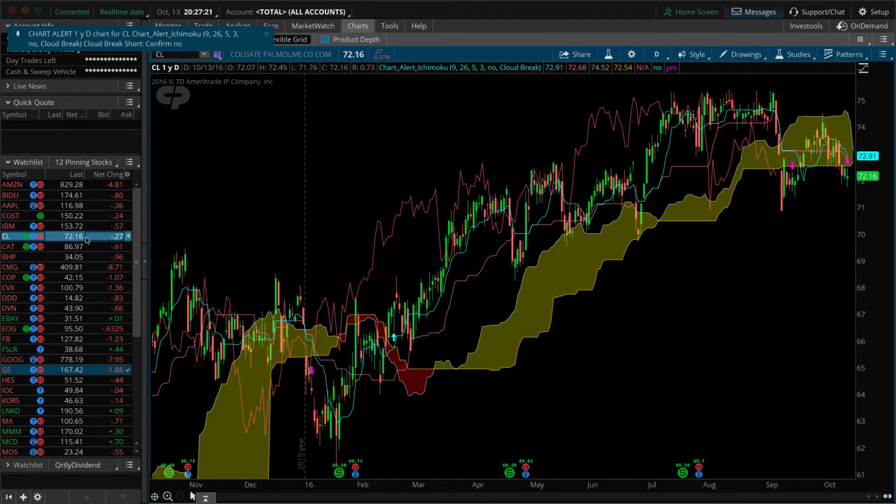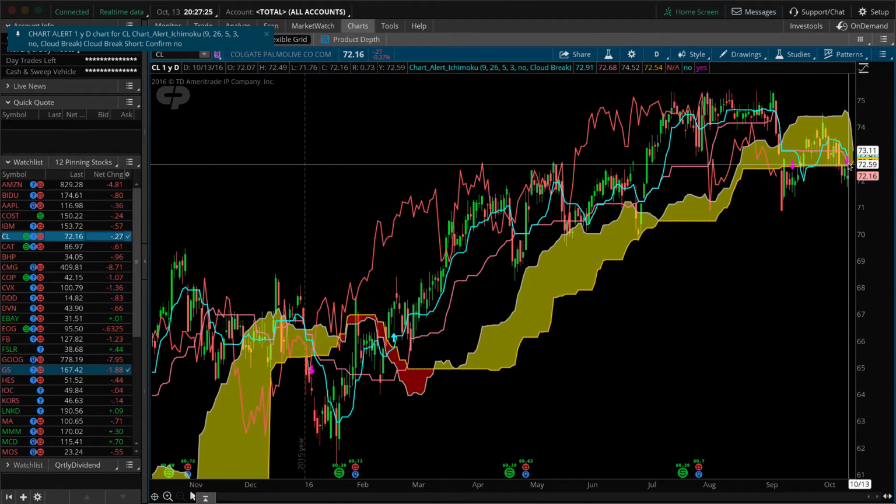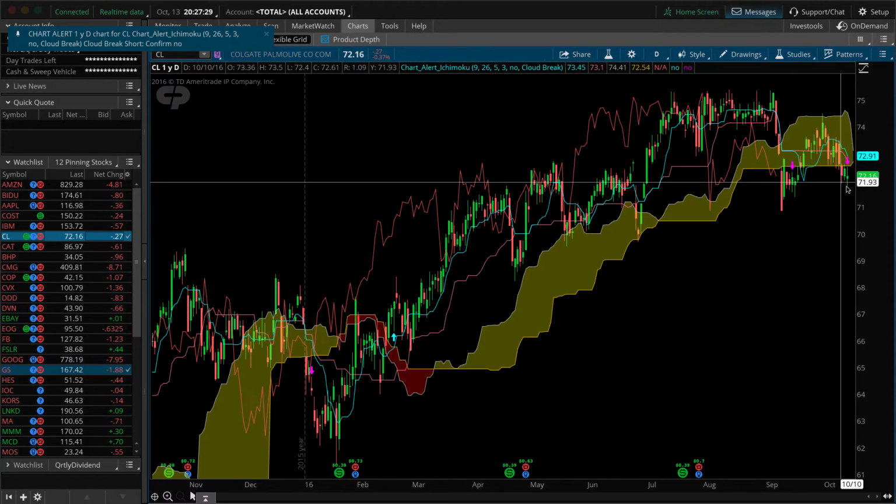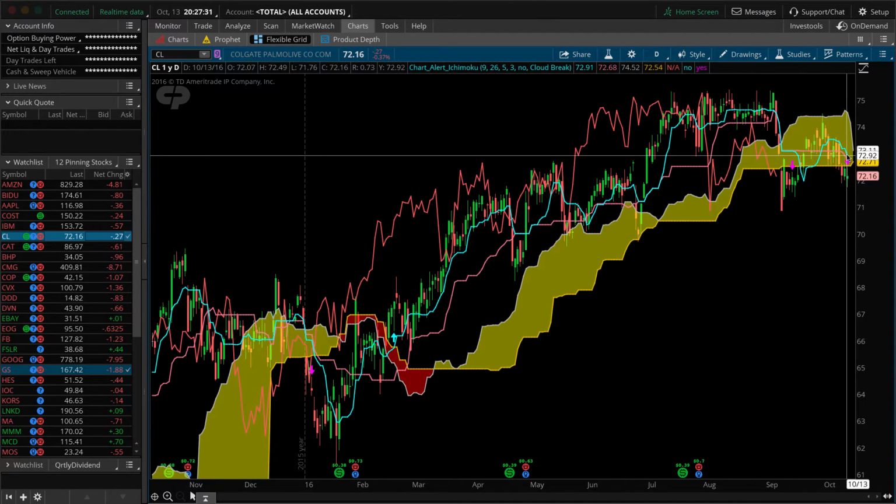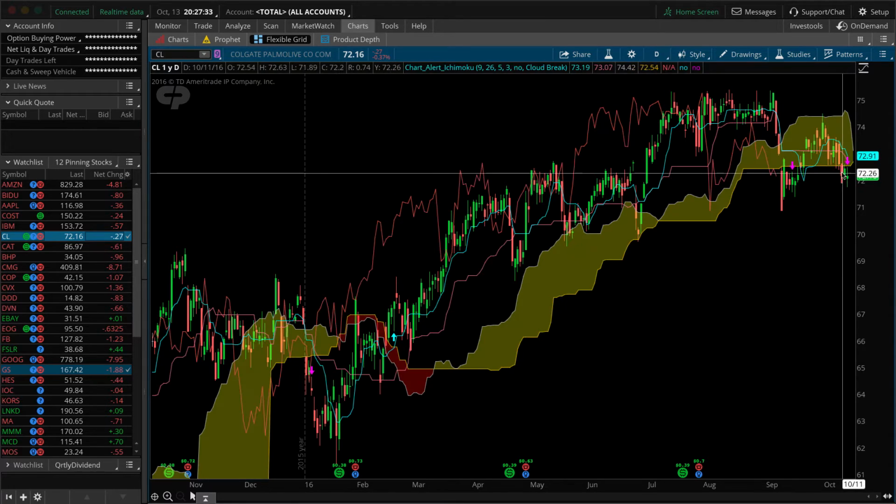There we go. Now we have a cloud break short signal here on this particular stock. And you can see the arrow is pointing down here, and that is a cloud break. The T and K lines have not crossed. This is actually measuring a cloud break. And does it have confirmation? Well, if you saw the previous video where we explained this originally, then you would see that yes, it does